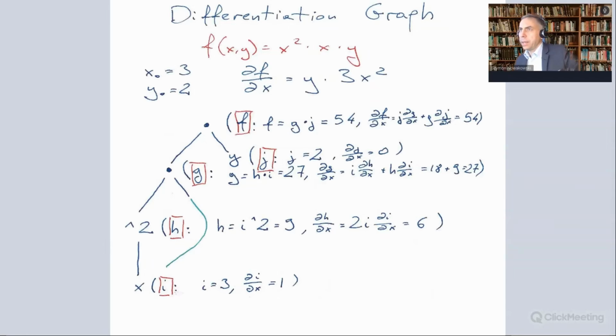This is the same as x cubed times y, but for the reasons I explained, I don't want to create a graph of x cubed times y, but rather of x squared times x times y. And the graph is created in a way standard in computer science, that when you want to create a graph of some computations, you just